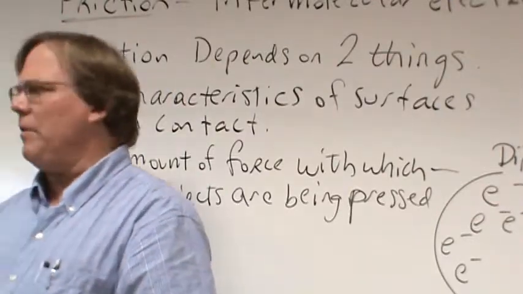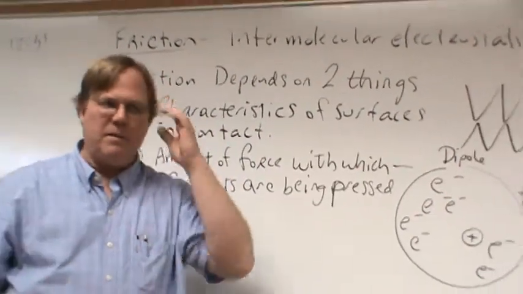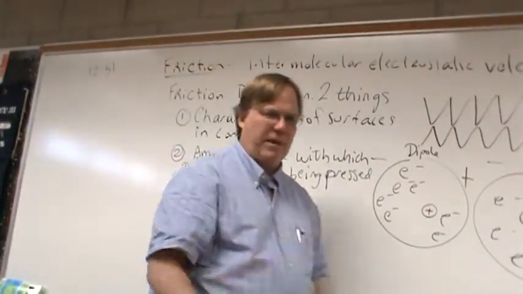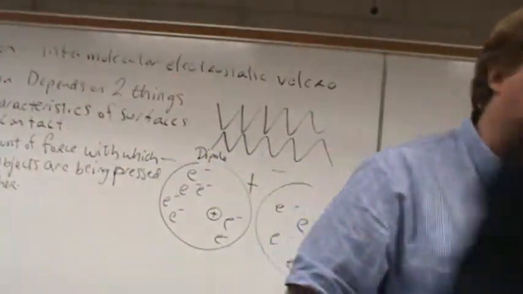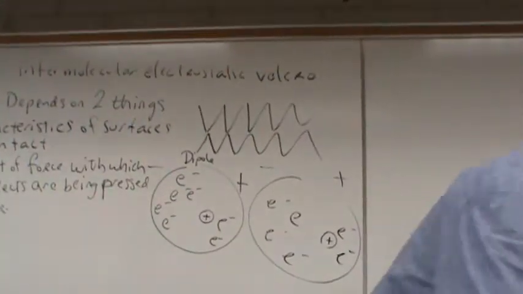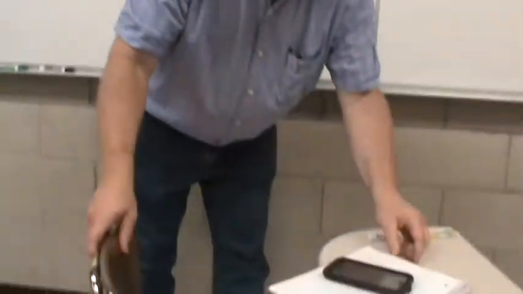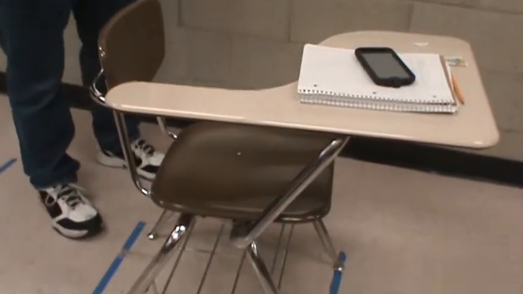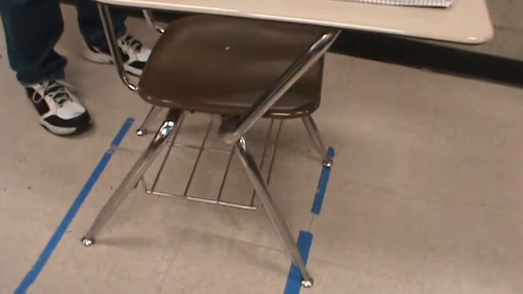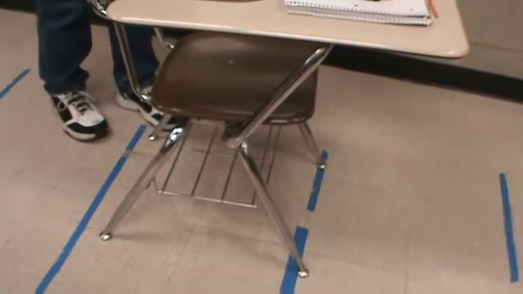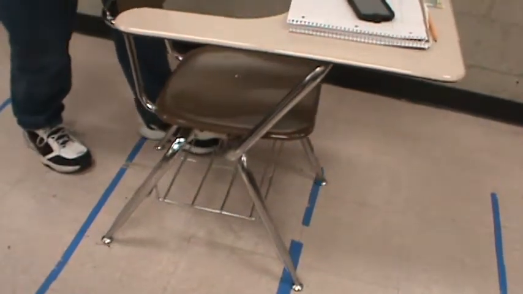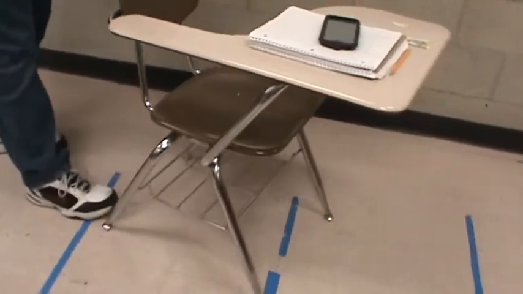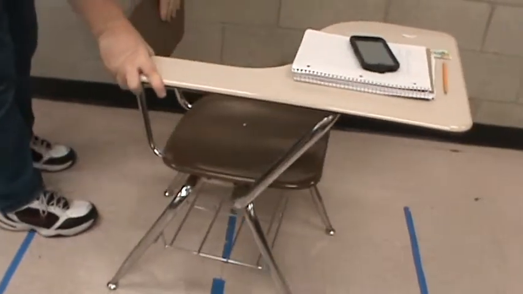Here, let me give you another example. Let me see. Gavin, would you mind standing up for a second so I can get your desk? So you're gonna have to stand there like an idiot. All right. Thank you. So here's Gavin's desk, okay? And the surfaces in contact are the bottom of the legs of the desk and the smooth tile floor. And so you can get a sense of how much friction there is by how much force I need to move this desk. And you'll notice it's not much force at all. Yeah, I'm able to move it pretty easily, except when it hits the tape.